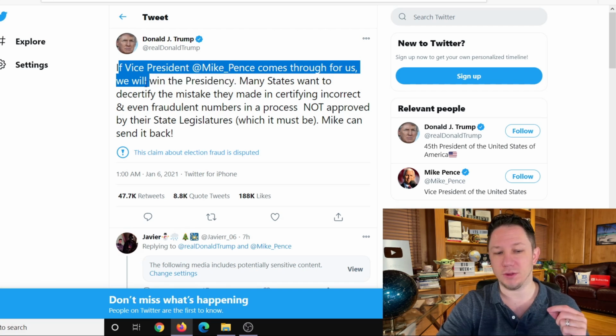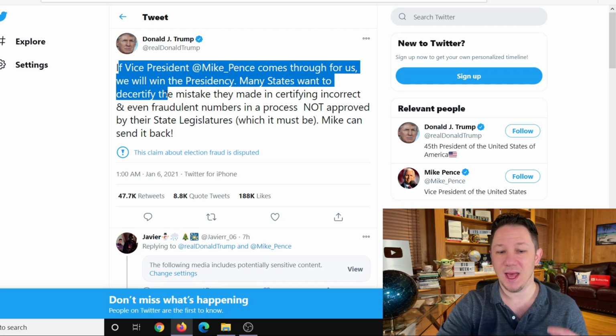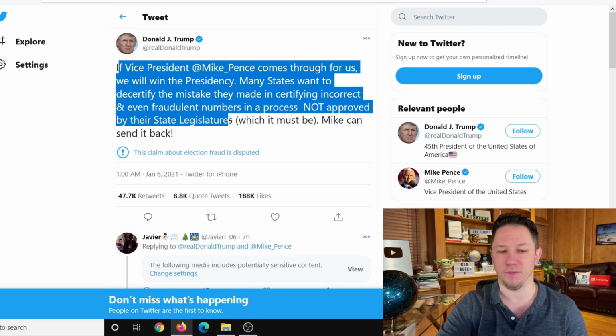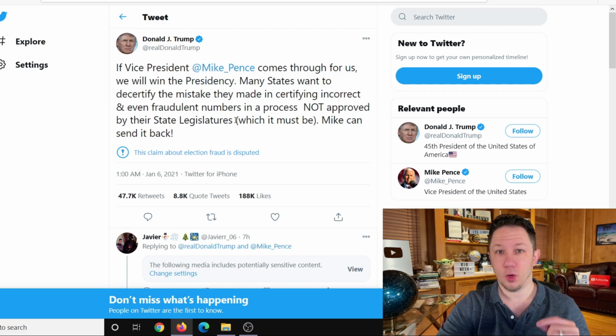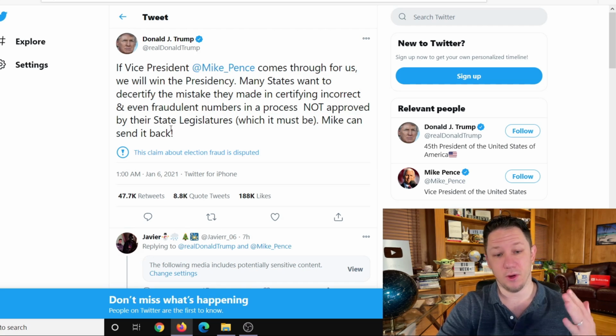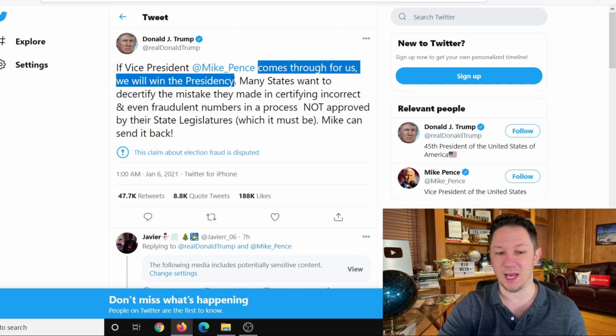"Many states want to decertify the mistake they made in certifying incorrect and even fraudulent numbers in a process not approved by their state legislators, which it must be. Vice President Mike Pence can send it back." So President Donald Trump says that if Mike Pence, the vice president, comes through for us today, we will win